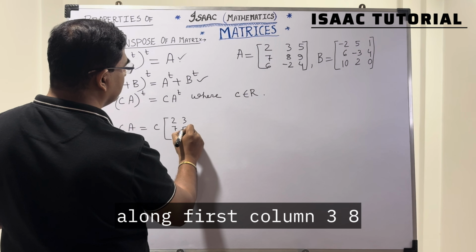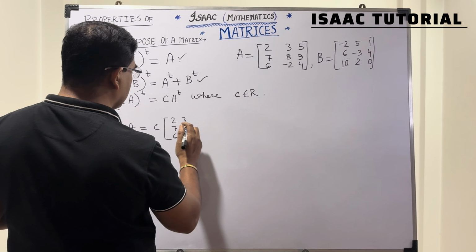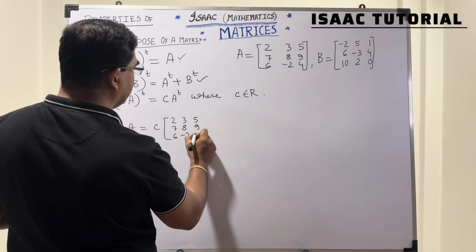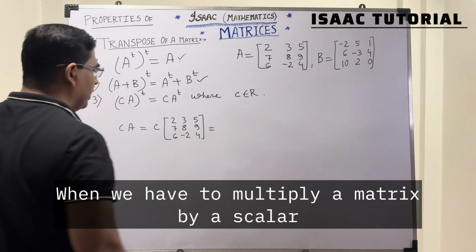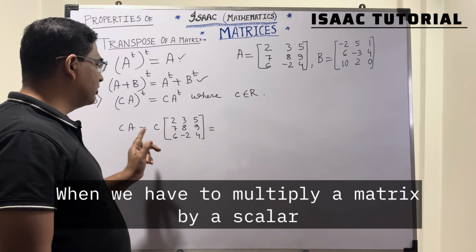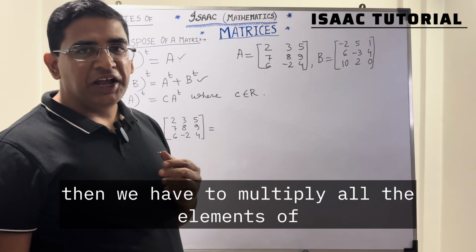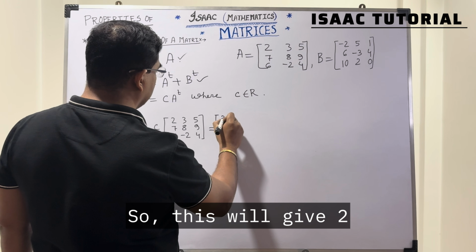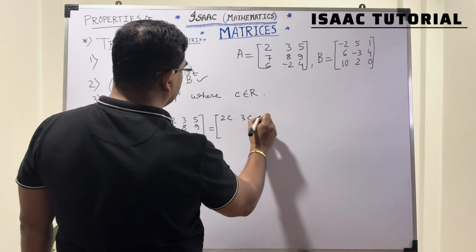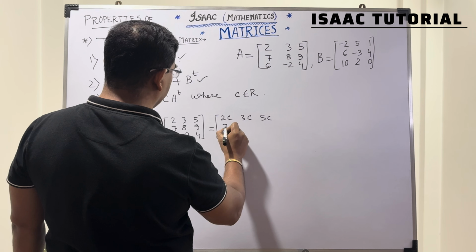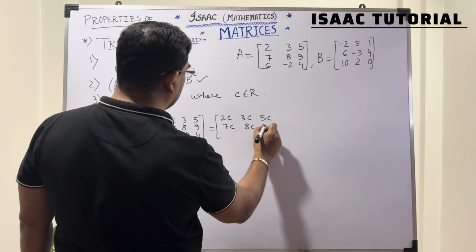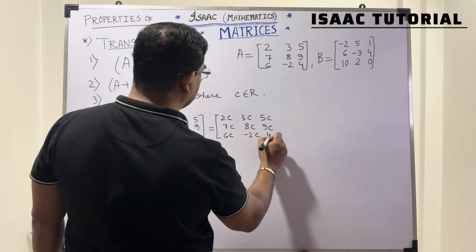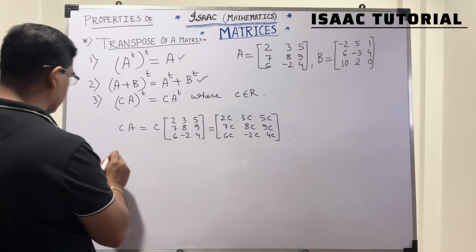2, 7, 6 along first column, 3, 8, minus 2 along second column, 5, 9, 4 along third column. When we have to multiply a matrix by a scalar, then we have to multiply all the elements of that matrix by that scalar. So this will give 2C, 3C, 5C, 7C, 8C, 9C, 6C, minus 2C, 4C. So